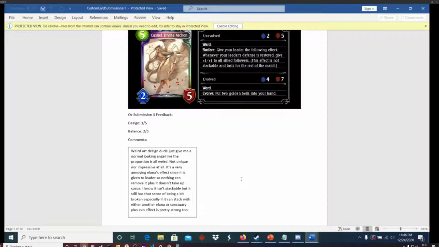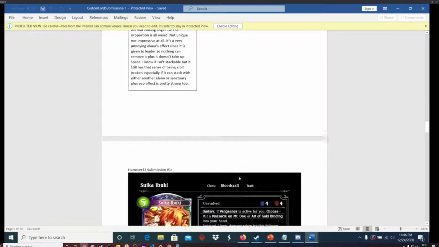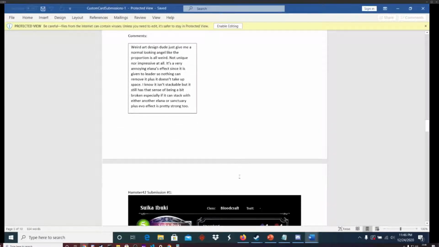Alada's effect. It says it gives the leader an amulet that nothing can remove. Plus, it doesn't take up space. I know it isn't stackable, but it still has a sense of being a bit broken. Yeah. Especially if it can stack with another leader effect. I looked at it and realized this is actually not as busted as I originally thought, but it's really strong going first. That's what I just said. A turn later and this is fine. Like, if you make it evolve and then give this effect, maybe I will increase...